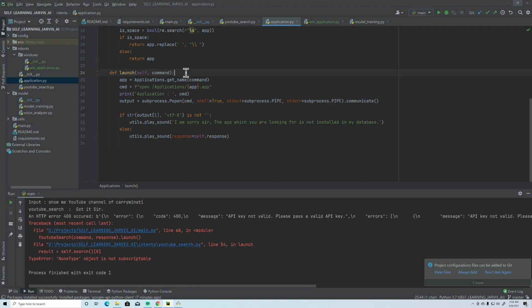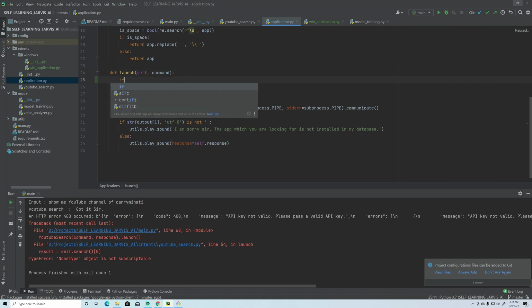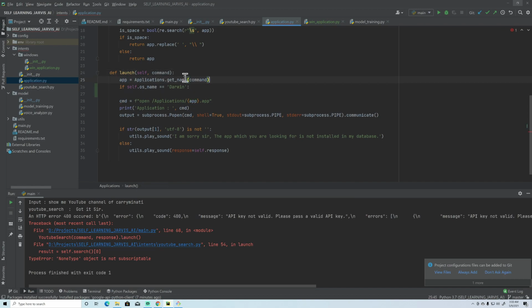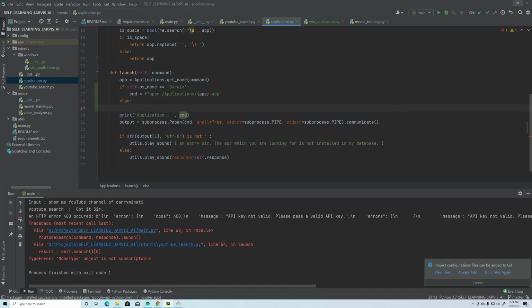So let me just have an if else: if self.os_name equals Darwin, then it will just go for this. I just need to have it here. So yes, this command will be executed, and else, in case of Windows, we are going to have our things.